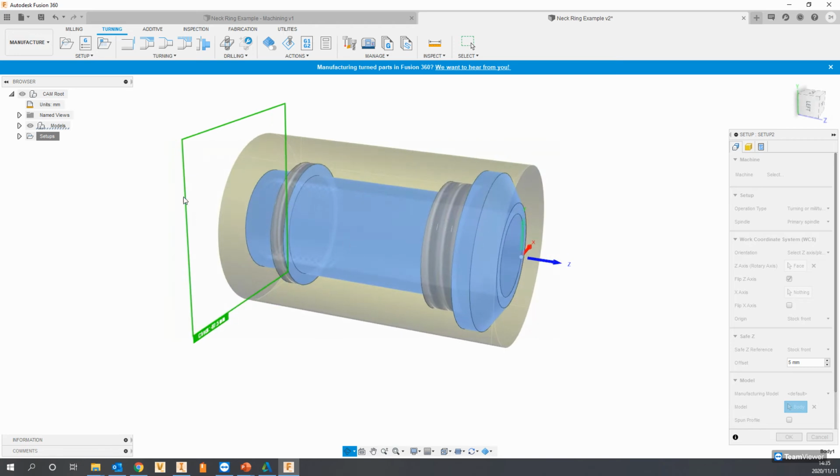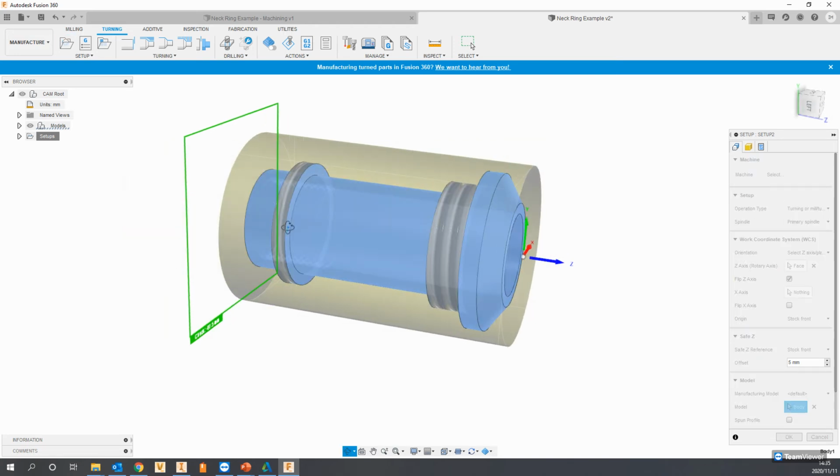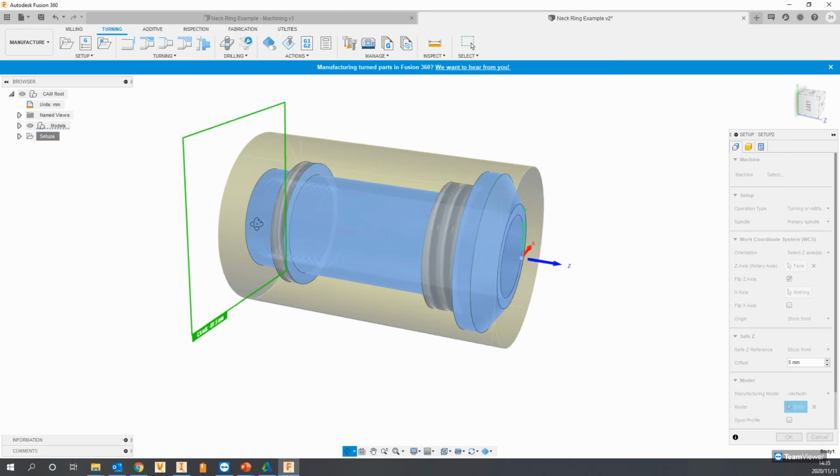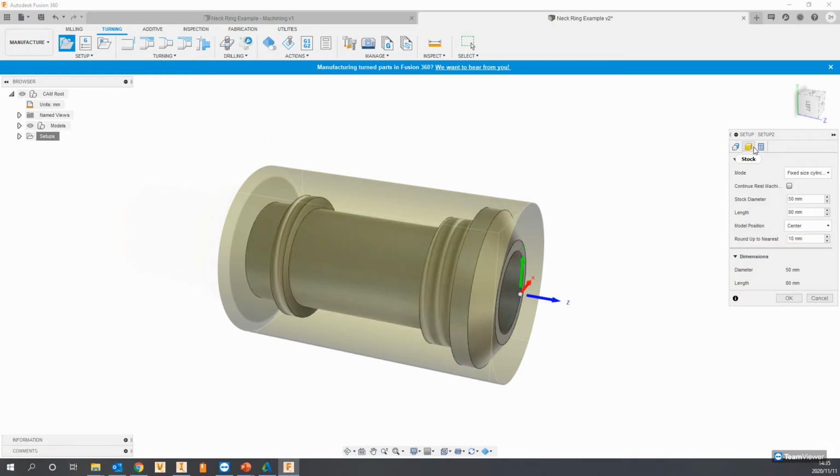And so we have our origin, we have our chuck location. So we're saying at the back. Of course, if you want to tell the machine that the chuck is actually somewhere up close to the front and we must only machine up until there, we can tell that. So we can say that, listen, here is my safe Z reference, here's my chuck. So I'm going to go to the next tab, which is my stock